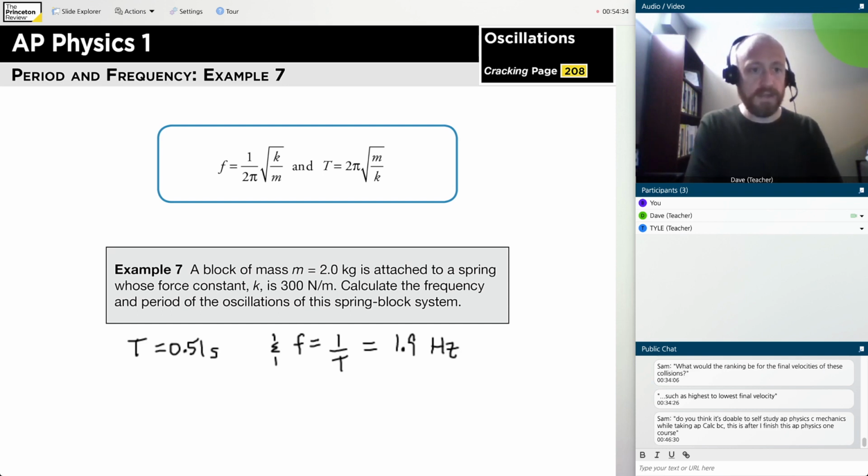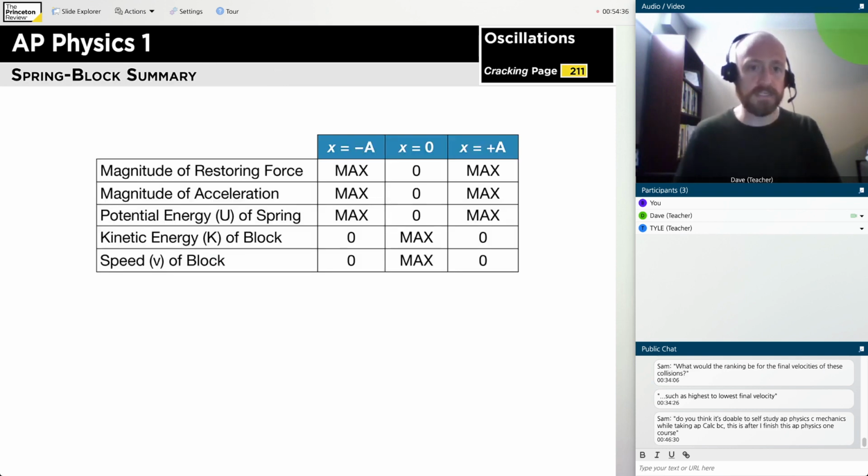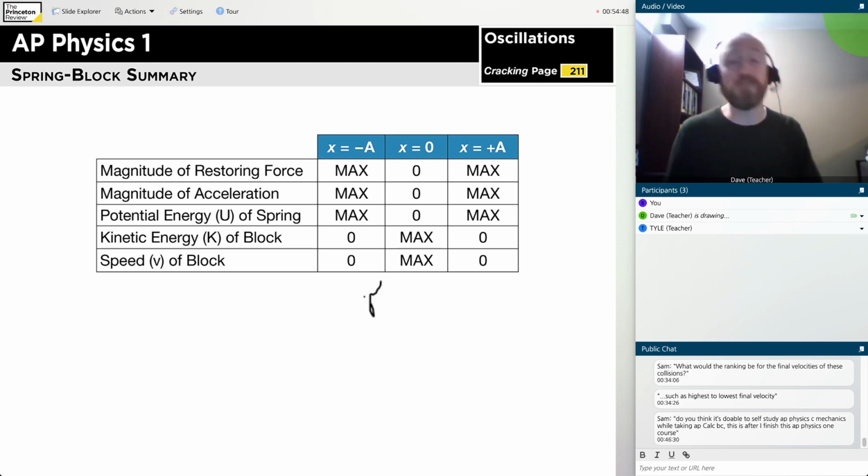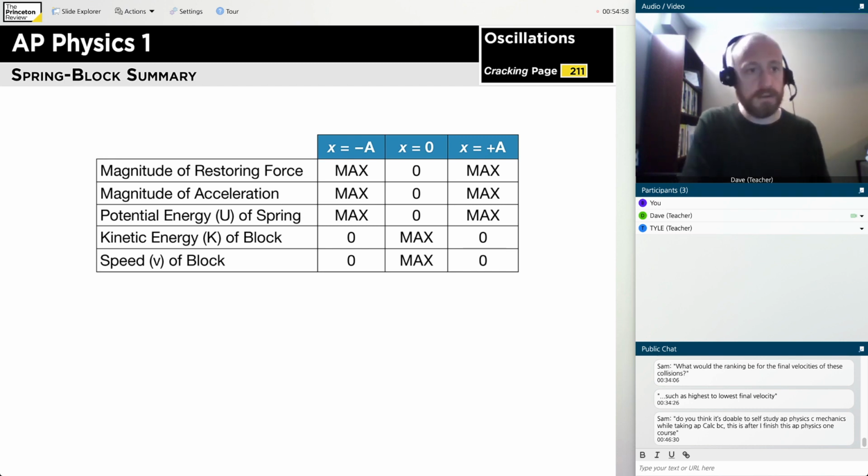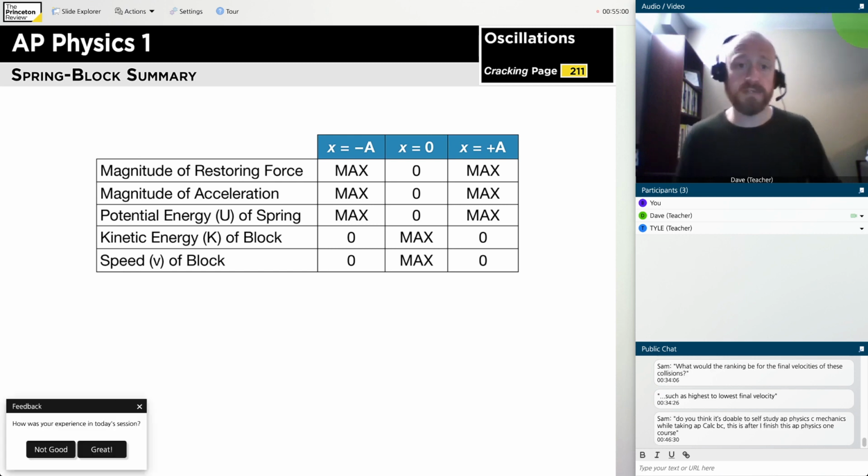And then finally, I can also give us this nice summary of what's happening at those extreme points. And this wouldn't be the worst idea to put onto your cheat sheet as well, in case you get some conceptual questions tied into a free response question that you can see on your test. So here, this table summarizes the different pieces, and